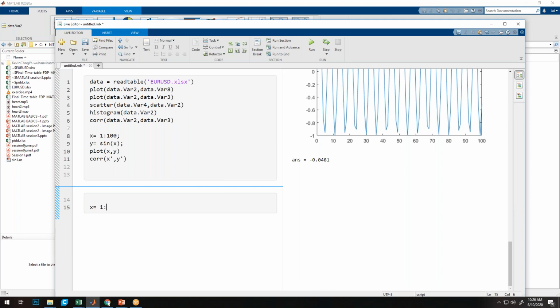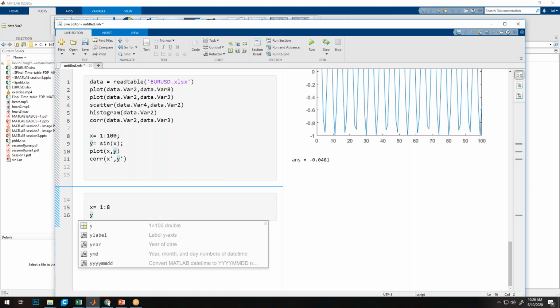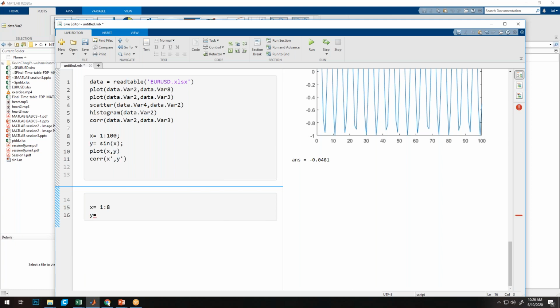So in this dummy example, I'm creating a random independent data set. Suppose I'm doing an Ohm's law experiment, where I'm changing the voltage, 1 volt, 2 volt, 3 volt, up to 8 volt at every 1 volt interval, and accordingly I'm measuring the amount of current produced in the apparatus.